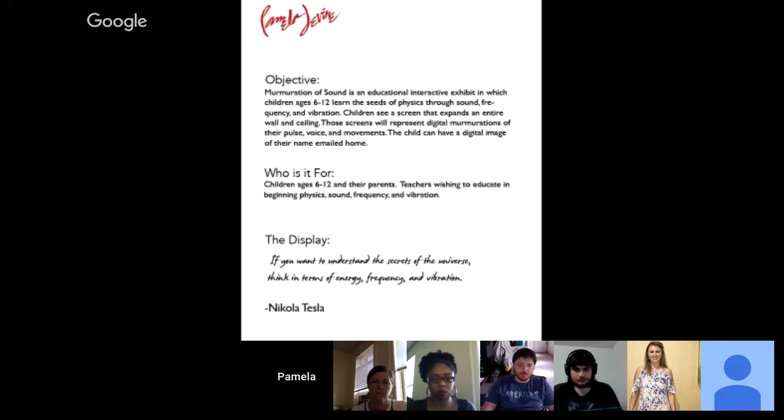The objective is that the Murmuration of Sound is an educational interactive exhibit in which children ages 6 to 12 learn the seeds of physics through sound, frequency, and vibration. Children see a screen that expands an entire wall and ceiling. Those screens will represent digital murmurations of their pulse, voice, and movements. The child can have a digital image of their name, email, telephone.